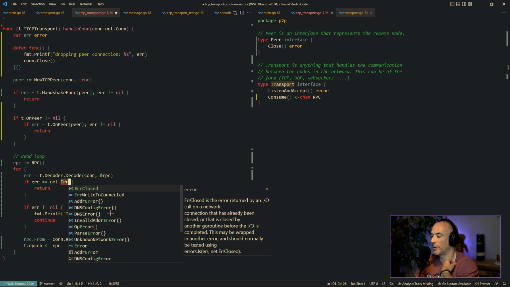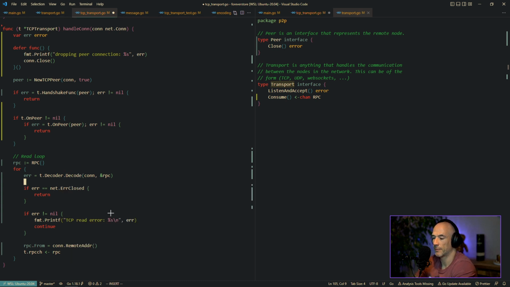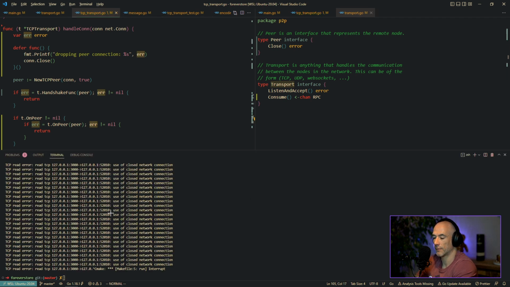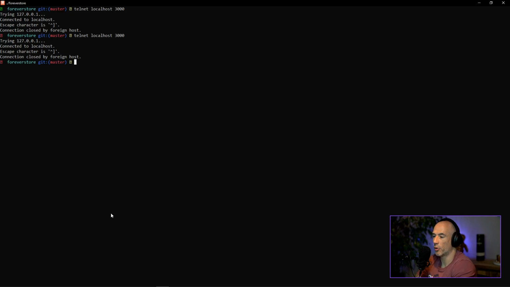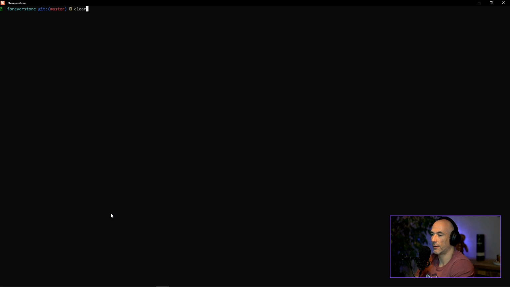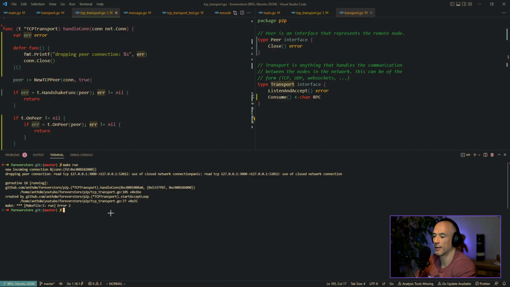ErrClosed is return my IO has already been closed. Yeah, I think that's good, right? Because can we panic the err to see what kind of err this is? It's a very important thing we need to get working. It's not make run, it's going to be telnet, right? Yeah, you see, it's a use of closed network connection.